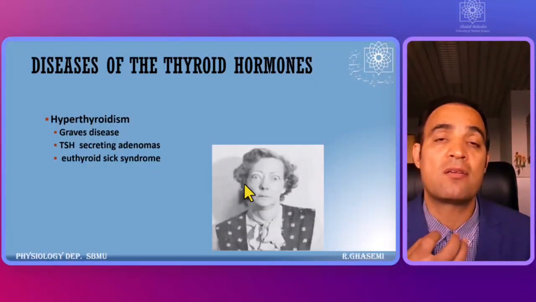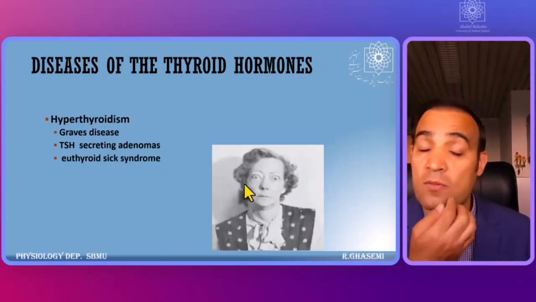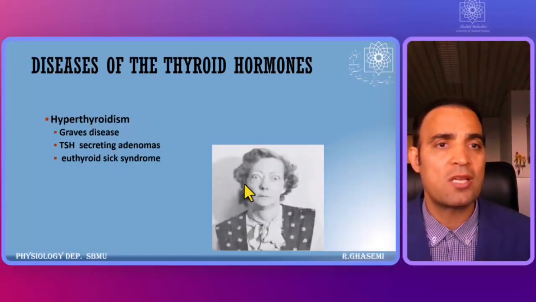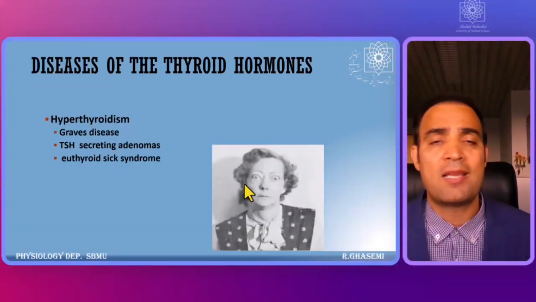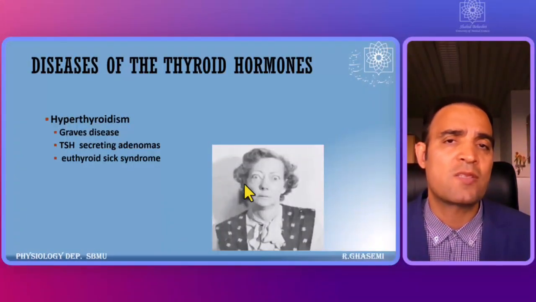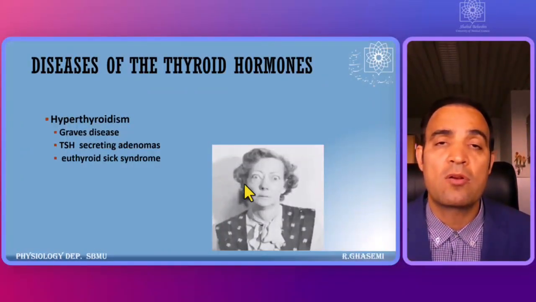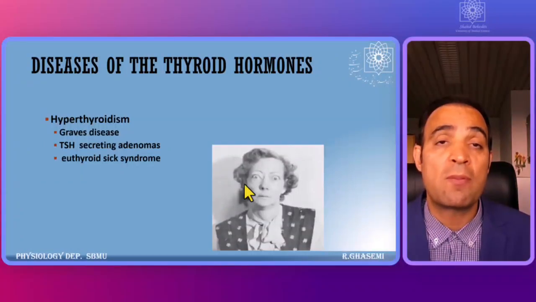Sometimes radiation therapy will be done to reduce the thyroid hormone production in hyperthyroidism. And in hypothyroidism, as I told you, the supplementation or stimulation of thyroid hormone secretion could be employed to